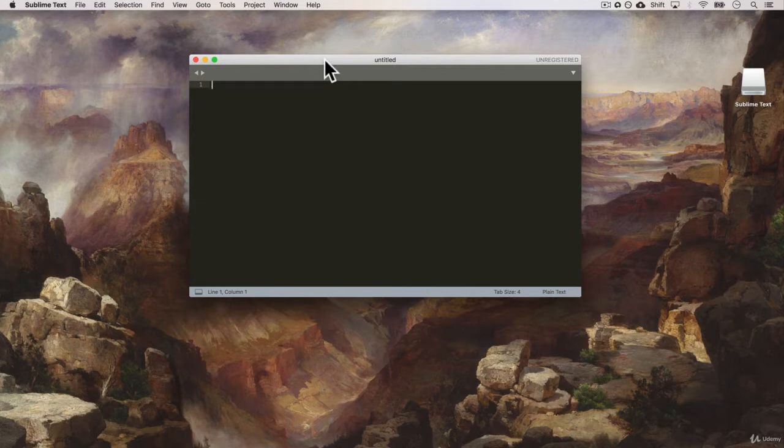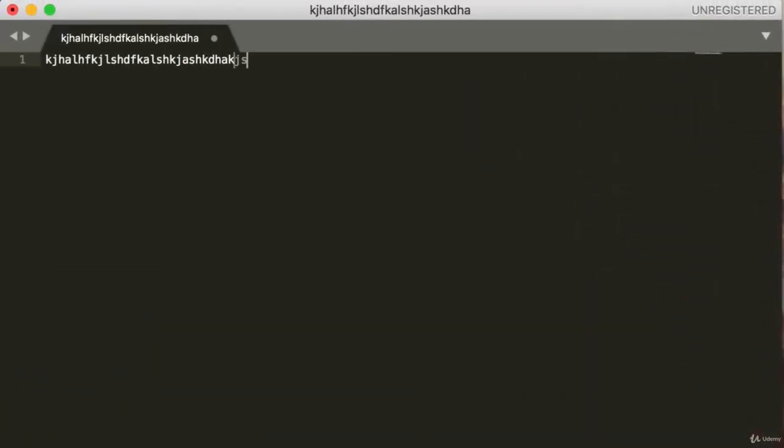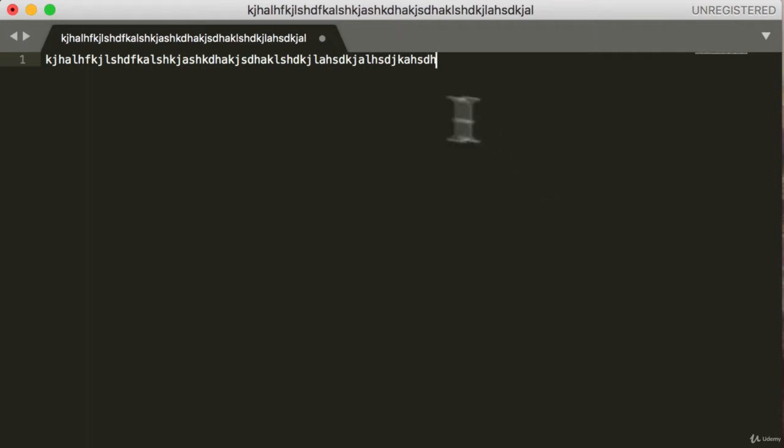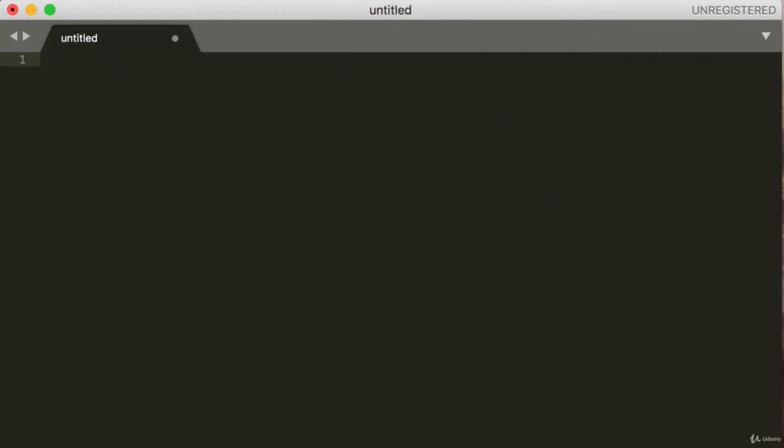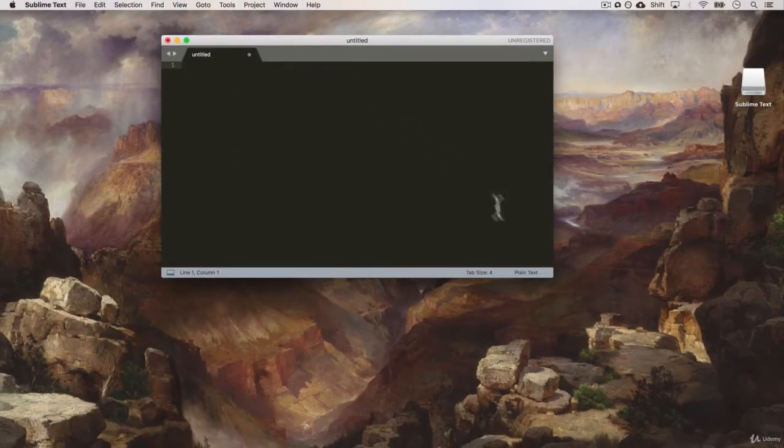A text editor is a program that allows us to write code. You can see over here on the right-hand side of Sublime Text that it just says plain text. So I can type anything that I want, and there's nothing much different than if you wrote this in Word or a text file. But the power with a text editor, especially with something like Sublime that's geared towards coding,